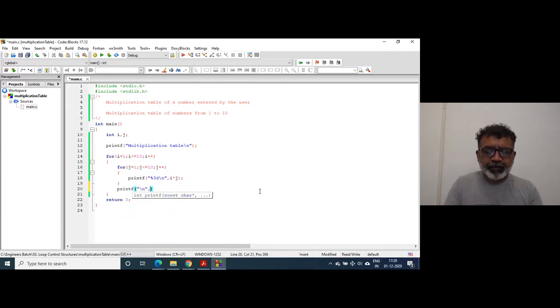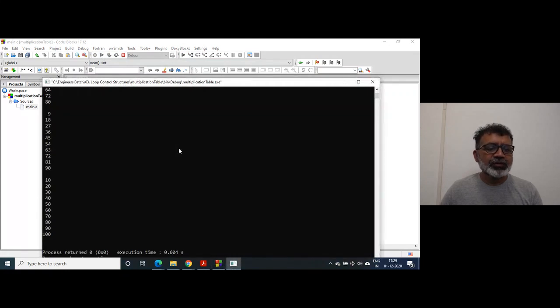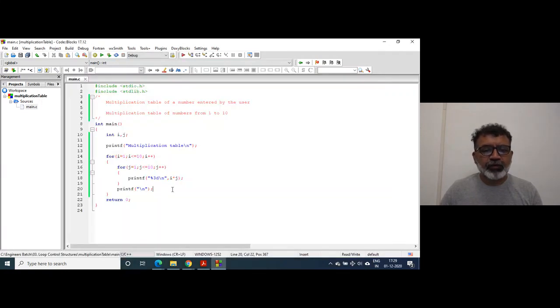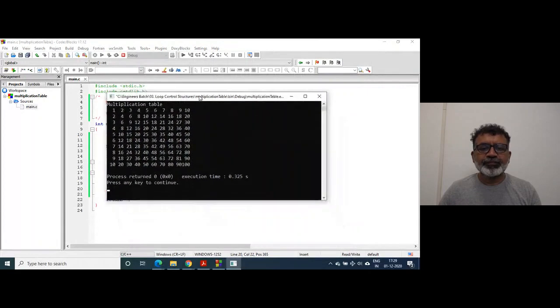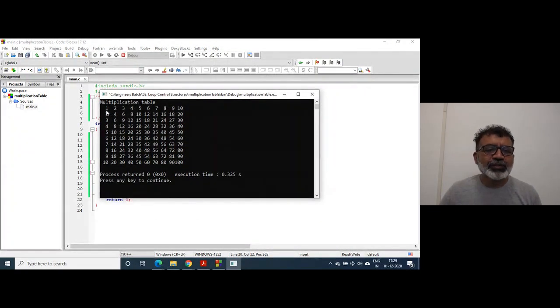Let's check. I'm not sure it will solve the problem. We have to play. Yes. What I have to do is remove this. Now it will work. It is a jugglery, but it works. Actually it is not jugglery, but what happens? We are printing. This is basically the multiplication table of 1.